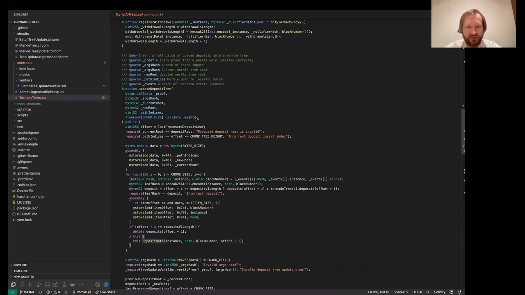So if we take all this data that was inserted and emit it, we pay around 10 times more than we paid for call data here. But it will be easier for everyone to reconstruct, for example, if some other user wants to rebuild the Merkle tree locally to reconstruct the state.